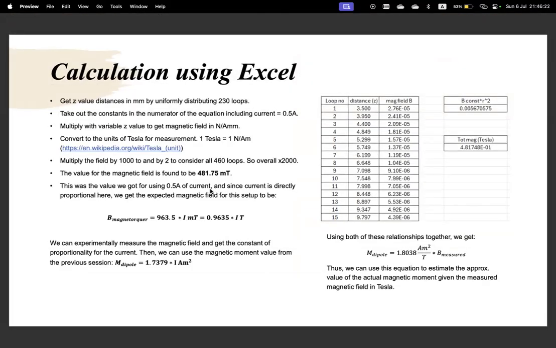So the calculations using Excel, you see something like this. Again, the Excel file itself will be provided to you, but just quick explanations. This is the distance. And as you see, the further you are from the magnet torquer, the lower the magnetic field. So you're going from -5 to -6. In the Excel file, you just drop in some other values and confirm that this is indeed what's happening. So you get some Z values in distance in millimeters,